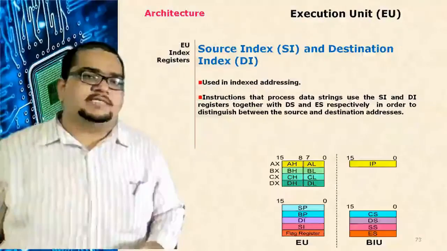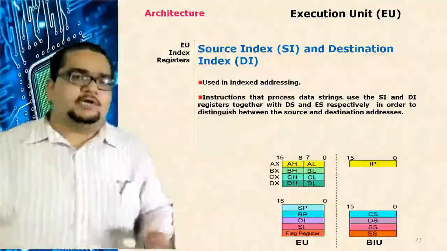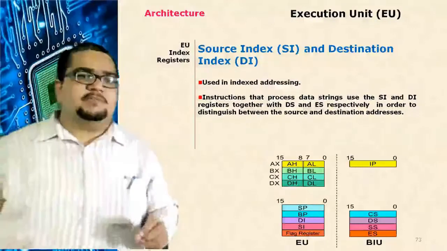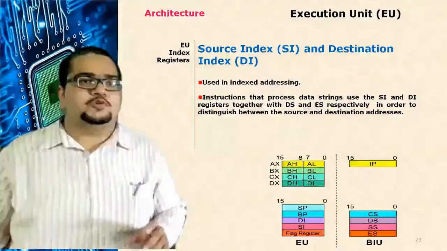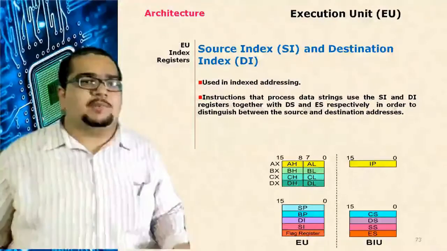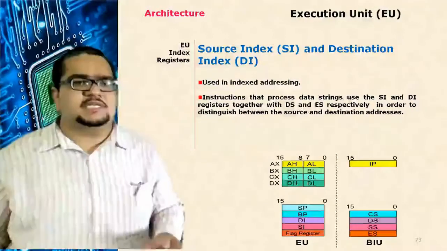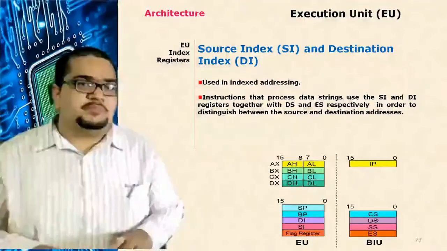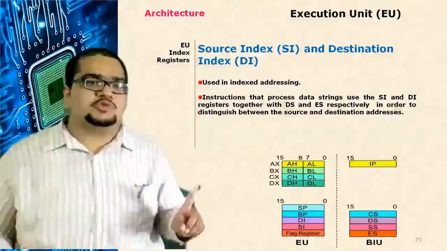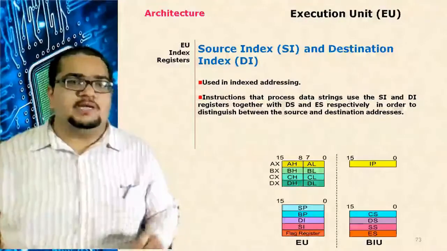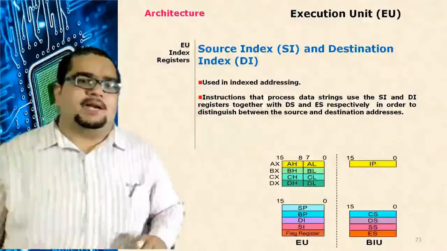Then we have the index registers SI and DI. SI and DI both are used for pointing to random data. In some exceptional cases of string manipulation, source index and destination index are very useful for indicating how the strings are manipulated: where is the source of the string manipulation, and where is the destination. Especially in string matching or comparison, it takes two different strings located at two different places. Source index points to the source string, and the DI register points to the destination string. Character by character, they will be matched and compared.